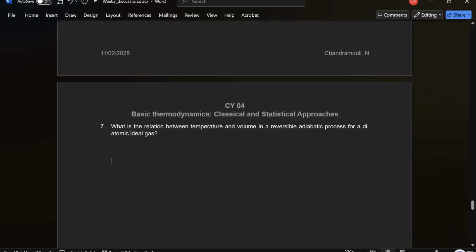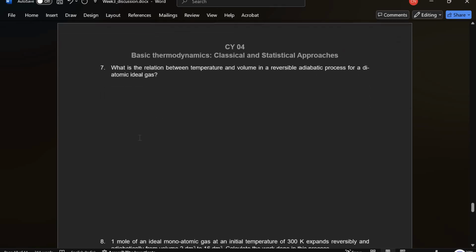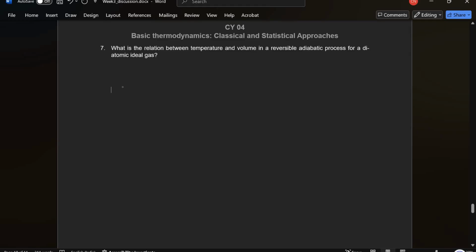All right. So what we have now is we have to find the relation between temperature and volume in a reversible adiabatic process for a diatomic ideal gas. So this has to do with CPs and CVs. So first, in a reversible adiabatic process,